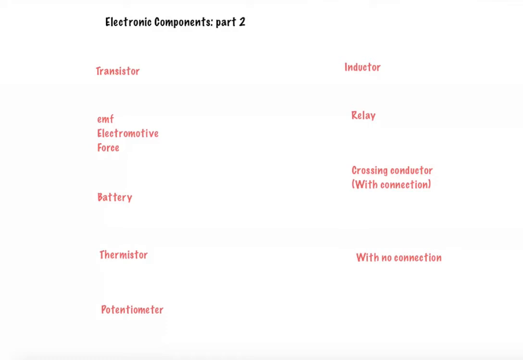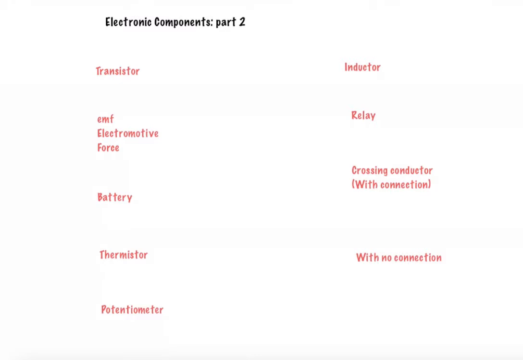The electronic components, part 2. Last time we've seen the case of the transistor. So I go back again just to draw what a transistor is. It's a component with